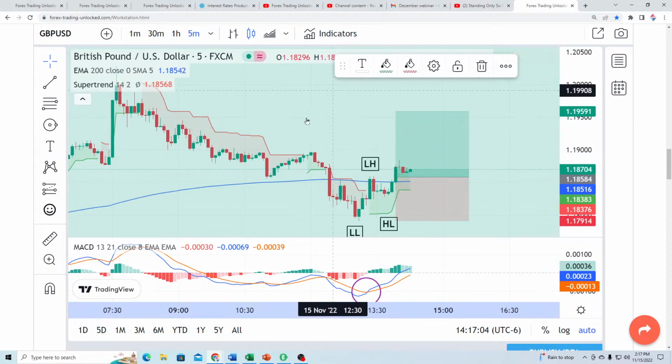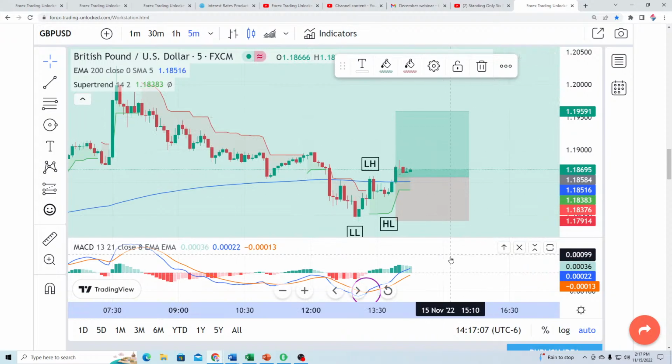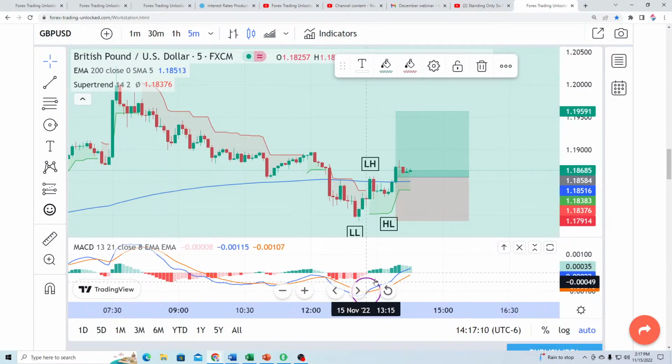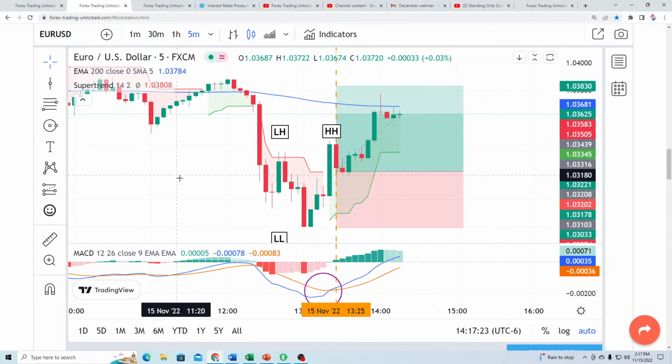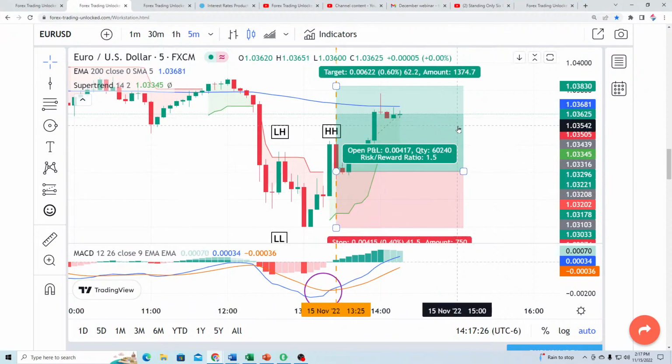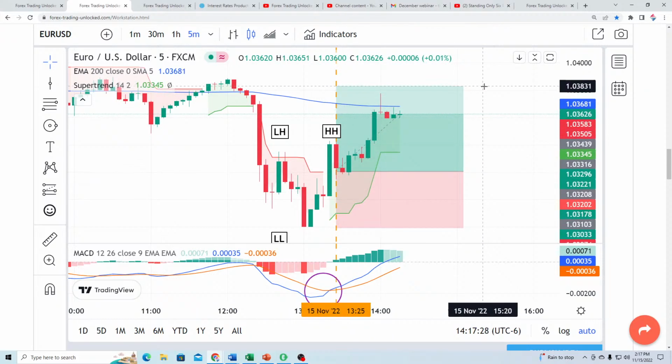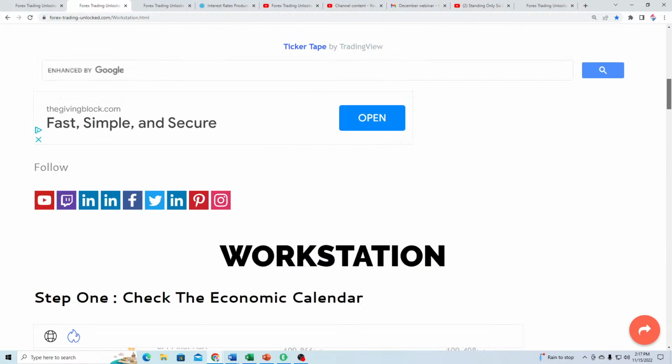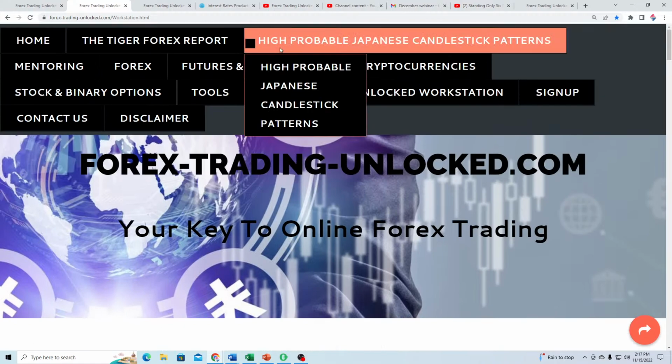So on the daily we have a signal here, and remember we had the moving average convergence divergence that had a crossover here. We had the same pattern here with the higher move low. Super trend had been taken out, and then once it breached this area, boom, you take the long trade. So in the euro, we are still hovering right below this target here at 103.83, and we have a buy signal in the British pound as well. So simultaneously we have two separate trades, and you can do all of this on the workstation page here at